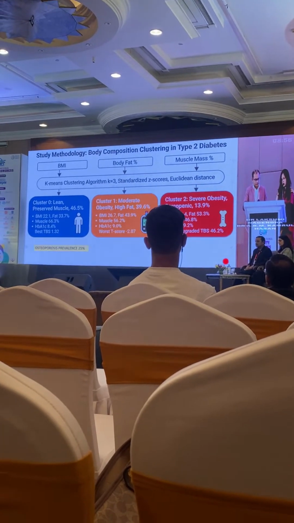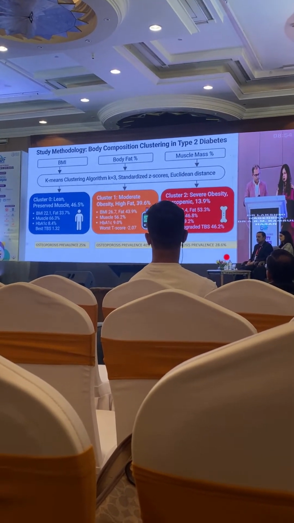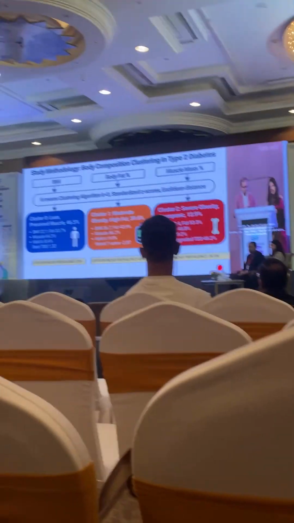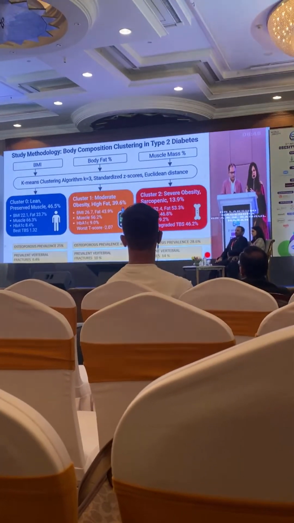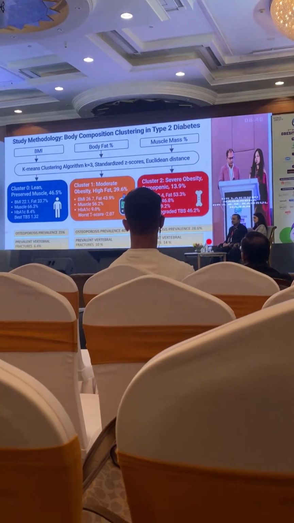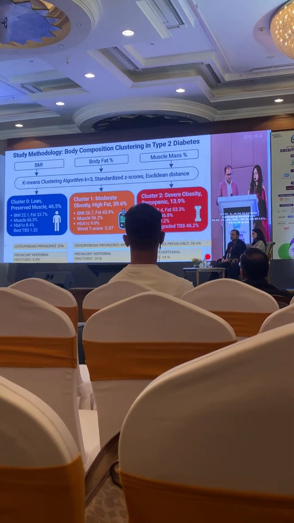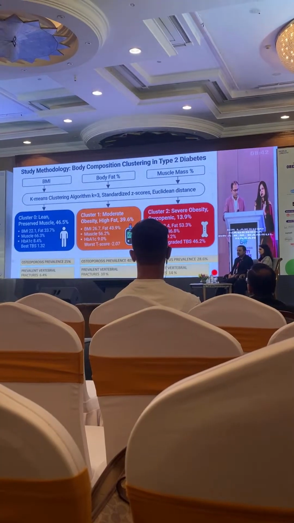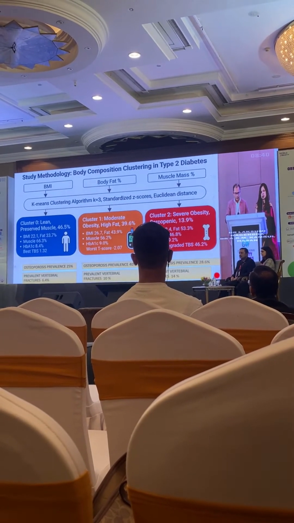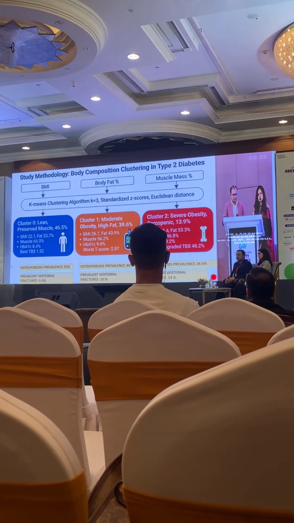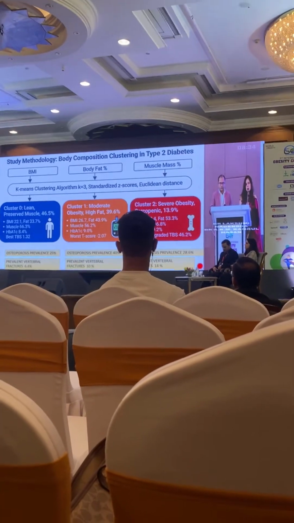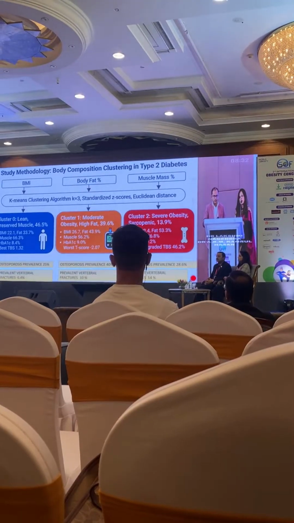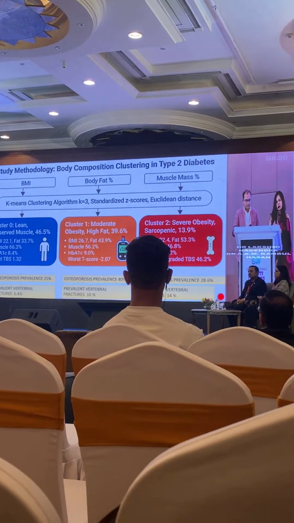When we looked at osteoporosis prevalence by BMD, it was lower in that group, because as we know, obesity can have higher BMD but increased risk of fractures. But when we looked at vertebral fracture prevalence, it was highest in cluster 2, which had the highest BMI and also the most degraded trabecular bone score. That goes to say that the patients who are most eligible for GLP-1 analogs actually have very poor bone microarchitecture and are at higher risk of fractures.